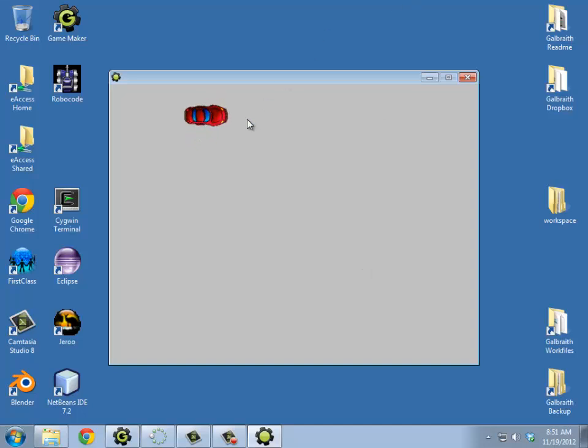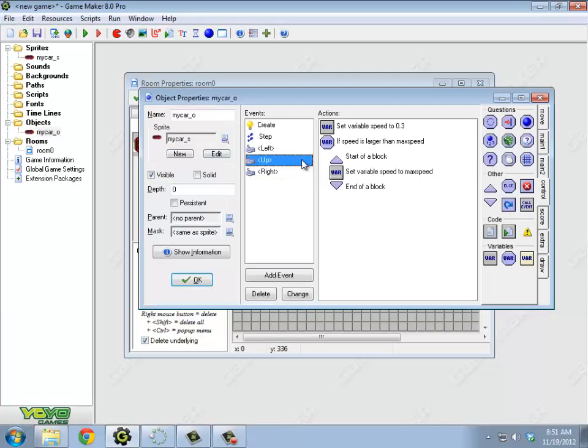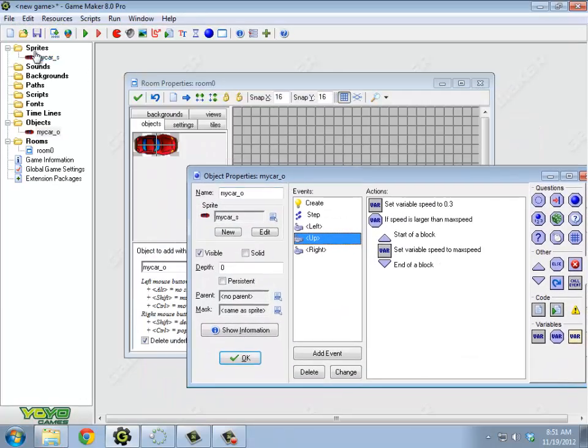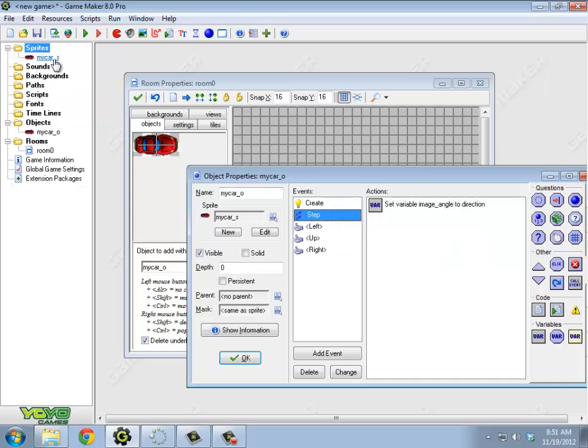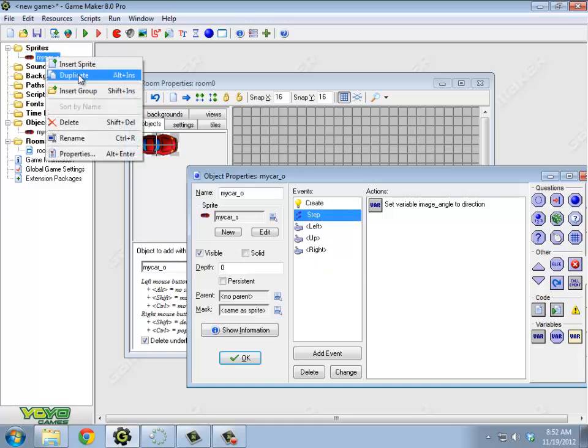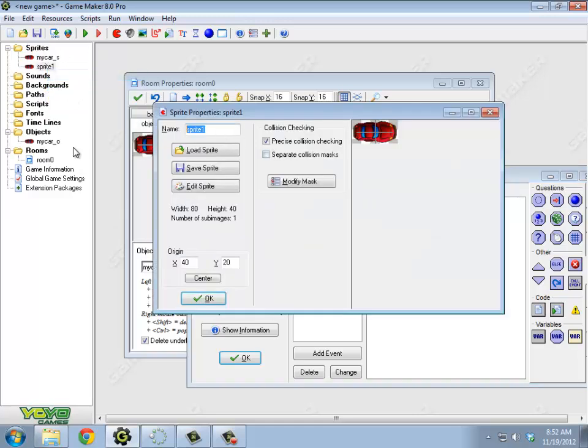All right, so that gives me some more finer controls over this. If I'm using the light edition, I'm going to need to do something similar with my image angle. The rest of this works just fine. So if I make a duplicate of this and do my car light,